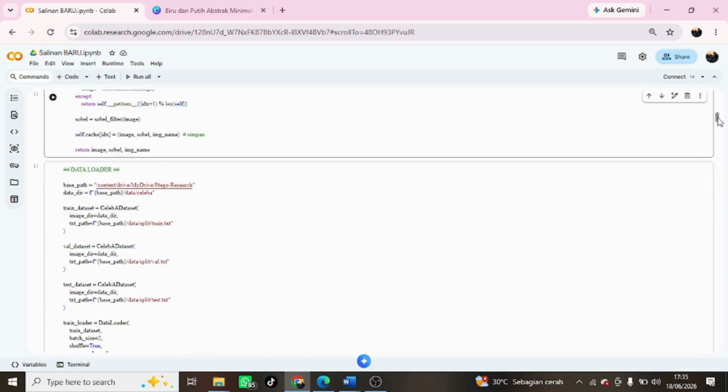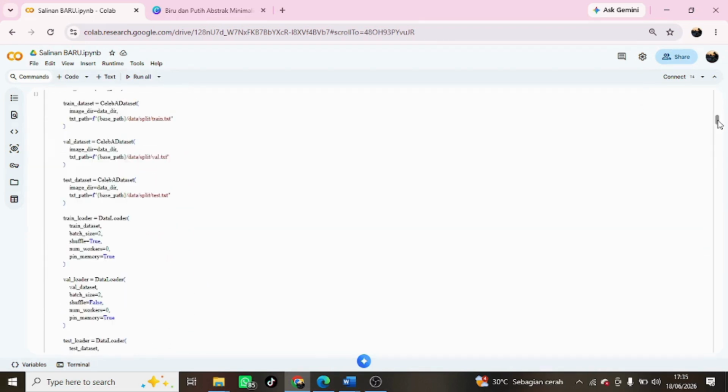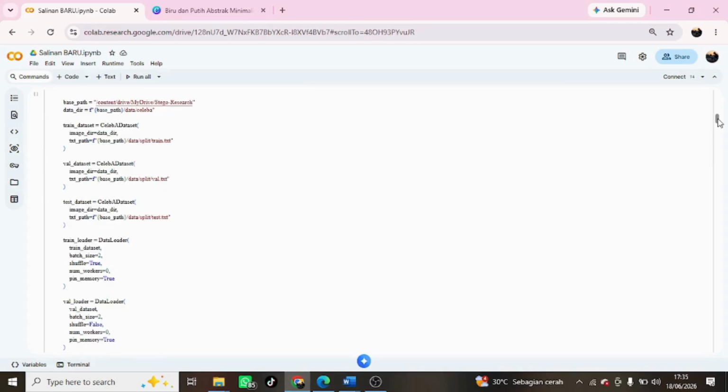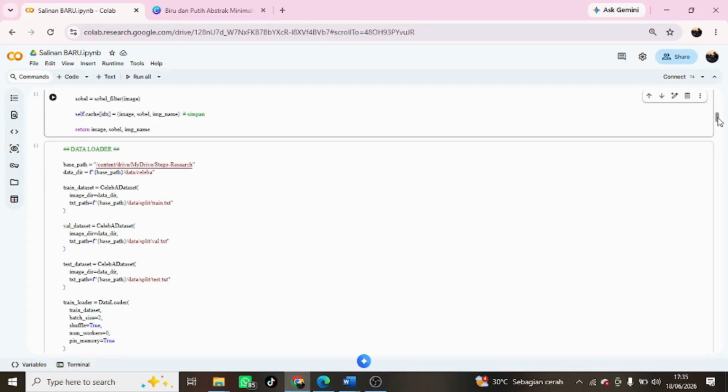Data loader. After the dataset and Sobel feature have been successfully created, the next step is to create a data loader for the training, validation, and testing data. At this stage, each dataset is built using the previously created CelebA dataset class.